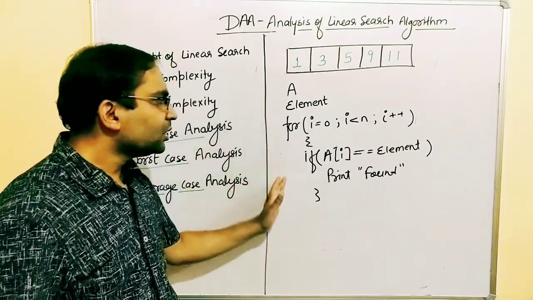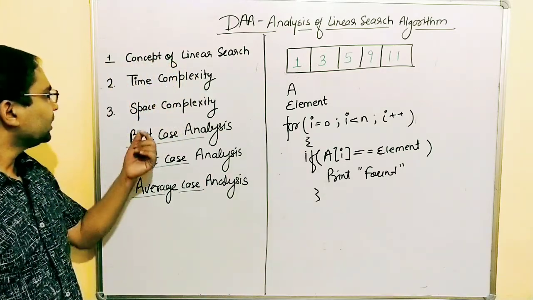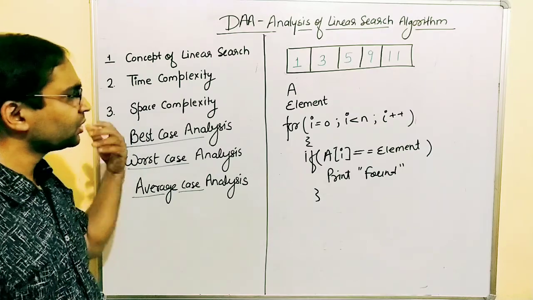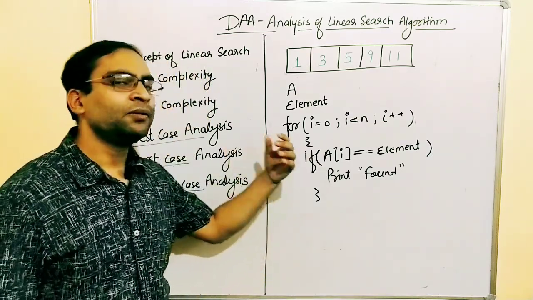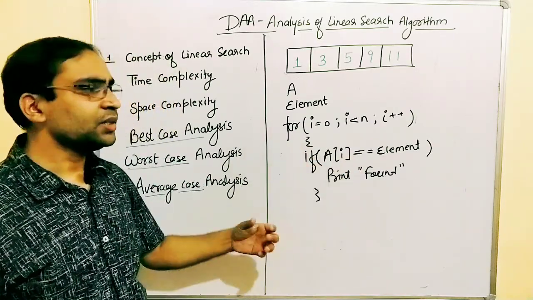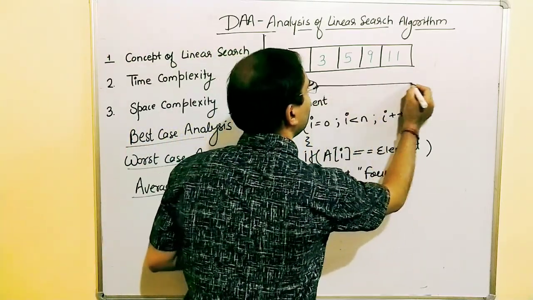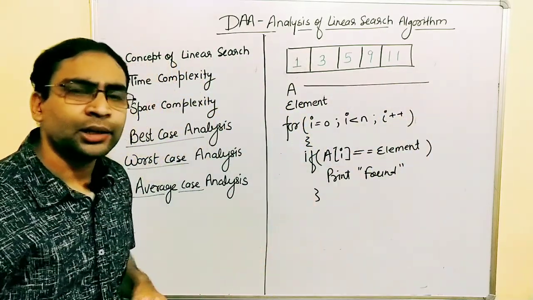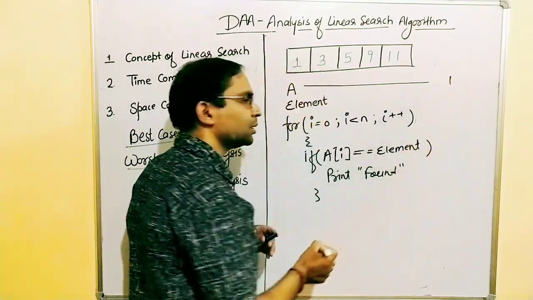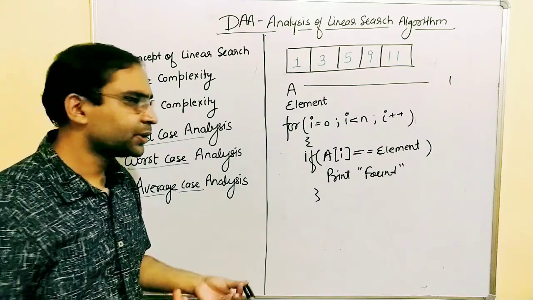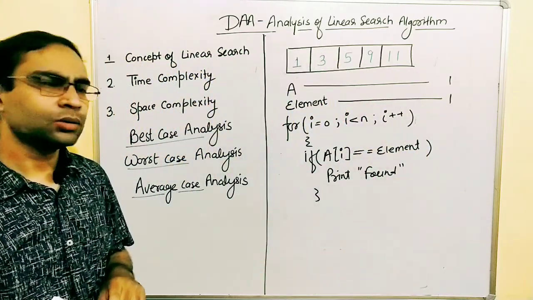Now let's analyze this algorithm first with respect to time complexity, or let's form the function in the sense of big O. You can see this is a simple statement. How much time will it take to execute a single statement? Let's say it will take one instance, or constant time. Another statement will also take one instance or constant time.